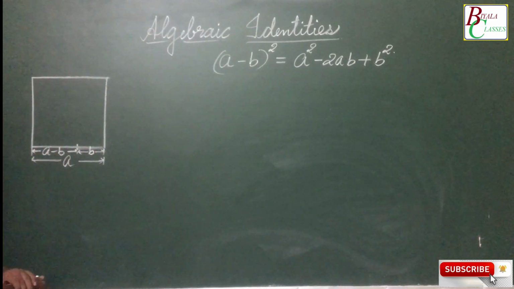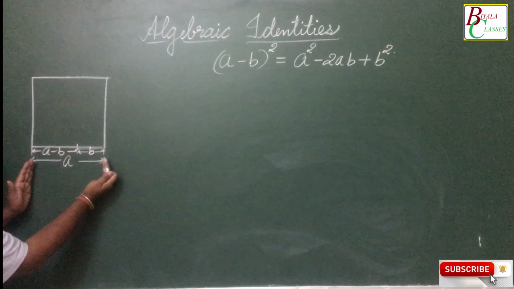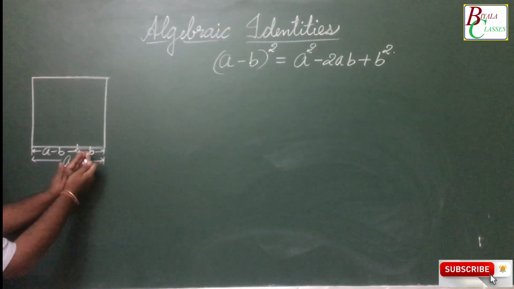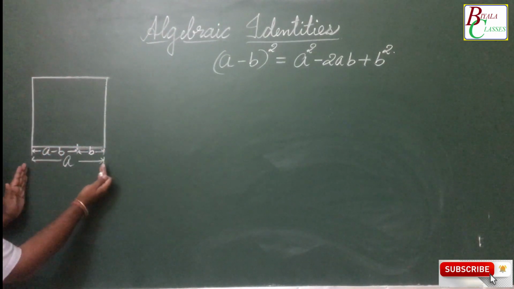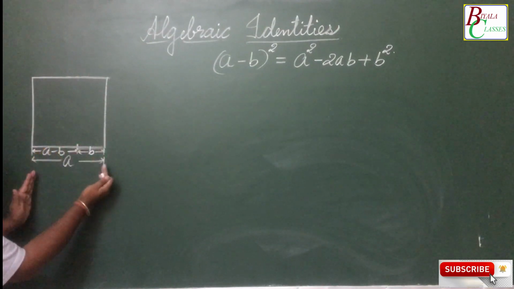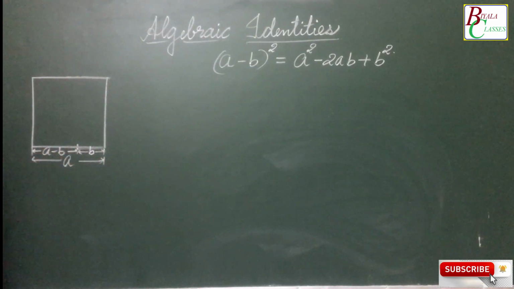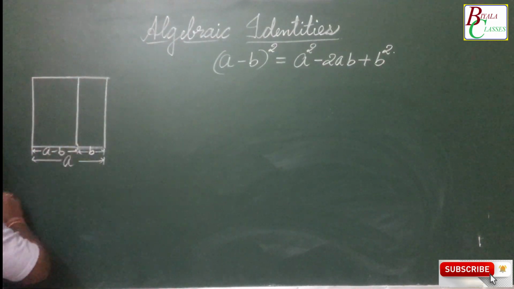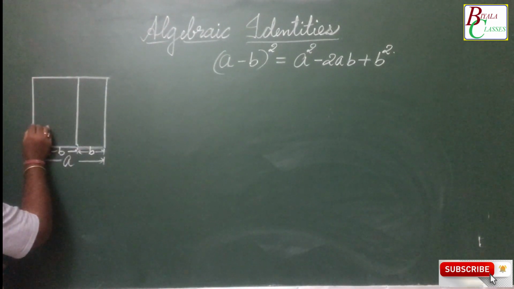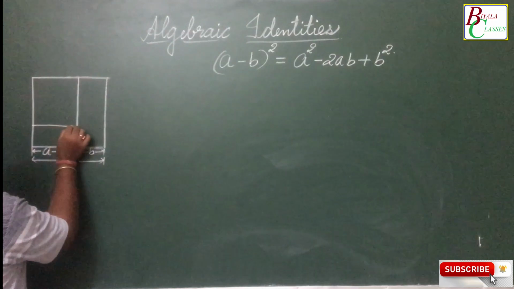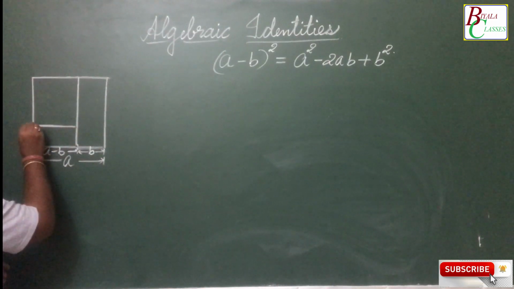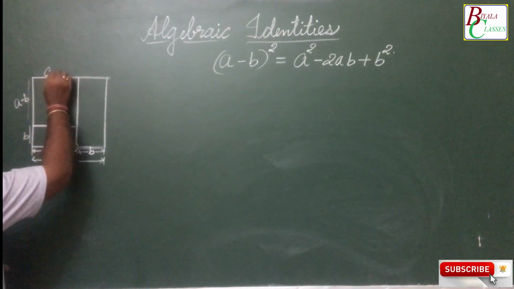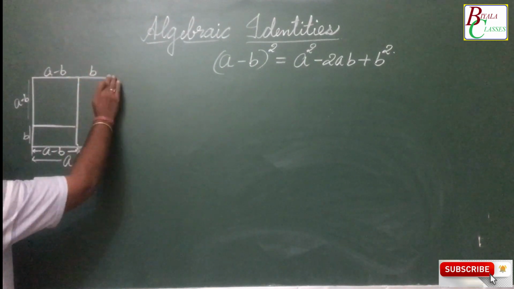So this is what we have. What we have done is, we have taken a square whose side is a, then we took a small part of it, or say a particular length of it, which represents the second variable, that is b. Now if we subtract the second variable, that is b, from a, we get the remaining part as a minus b. Now say we take here also a point which represents b. So this distance is b. This distance is a minus b. This is also a minus b. This is b.